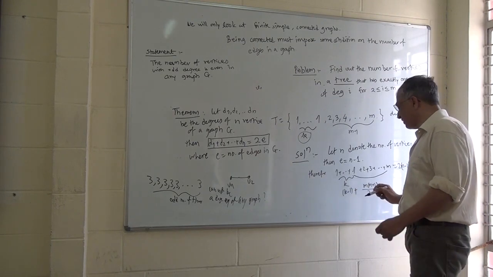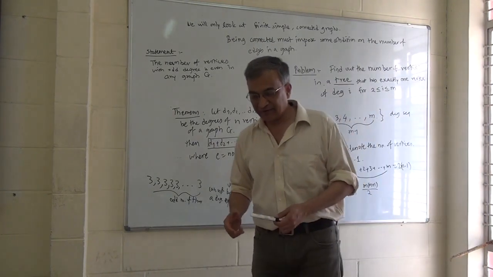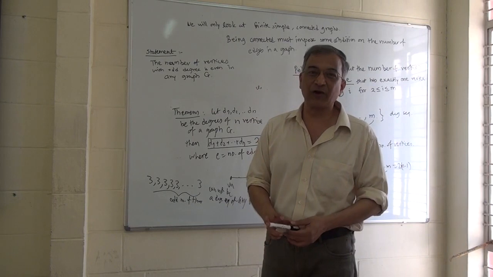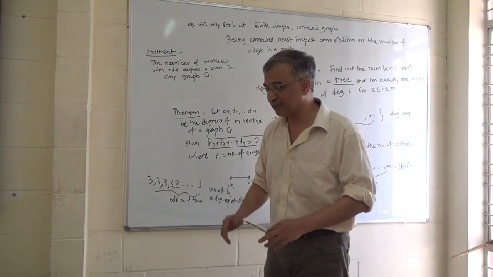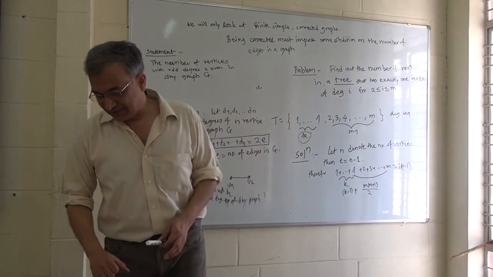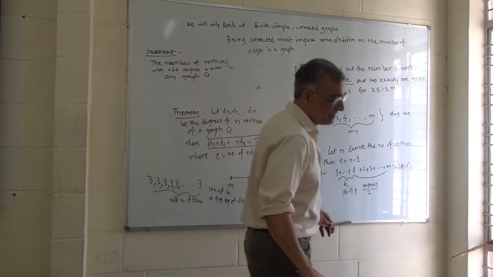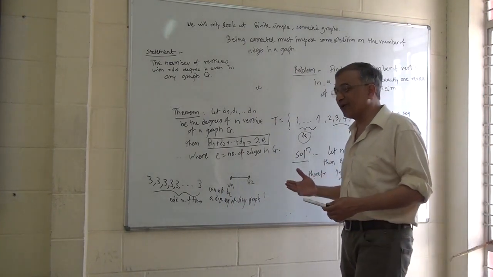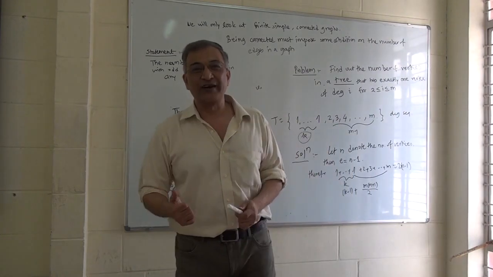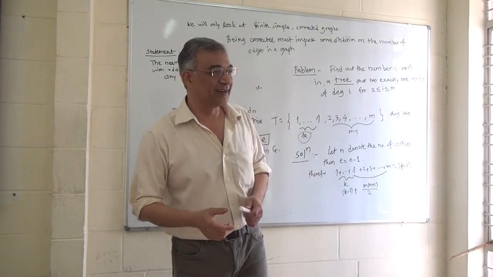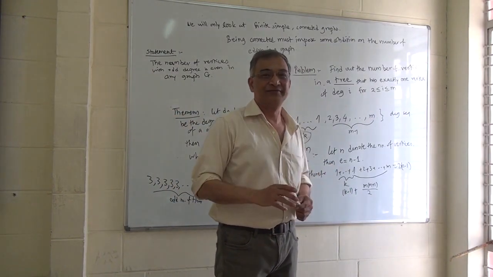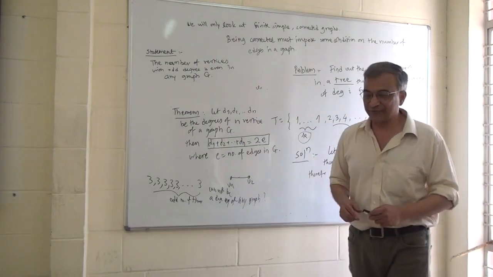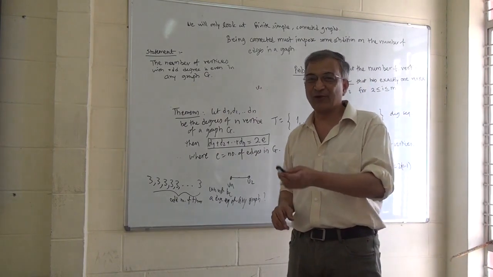There is a famous story of the famous mathematician Gauss, that when he was 8 years old, he was studying in a school and the class students were making a lot of noise, and the teacher wanted to do some other work during the class hour. So many times it happens in your school also, right? The teacher wanted to keep the students quiet. So she said, just add numbers from 1 to 100 and don't do anything else till you finish your addition. She thought it would take a long time for them to add 1 plus 2 plus 3 plus 4 up to 100.